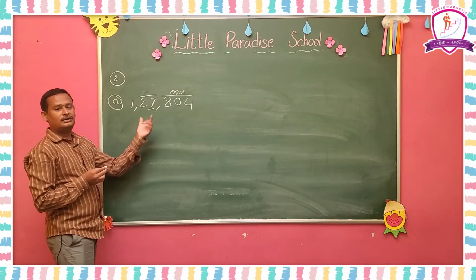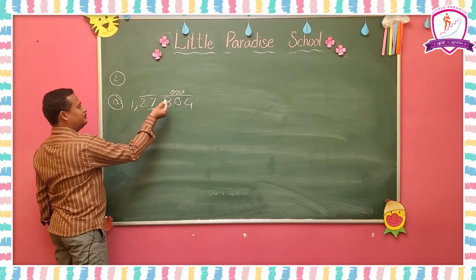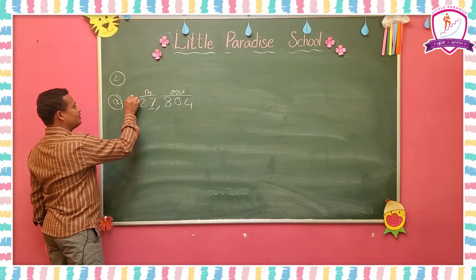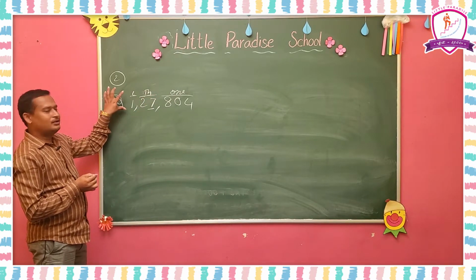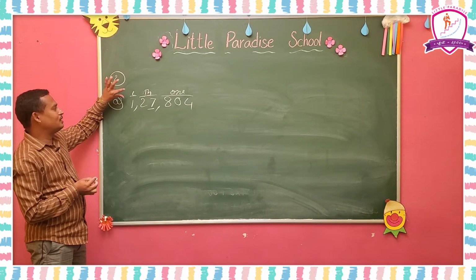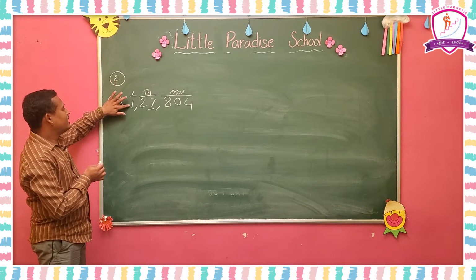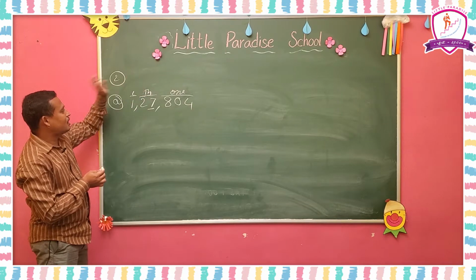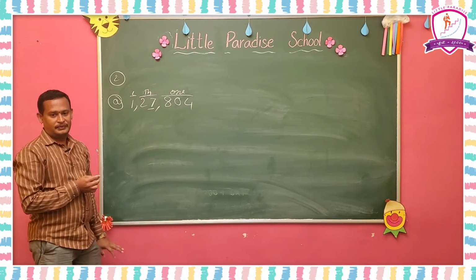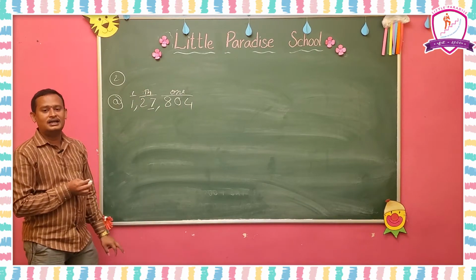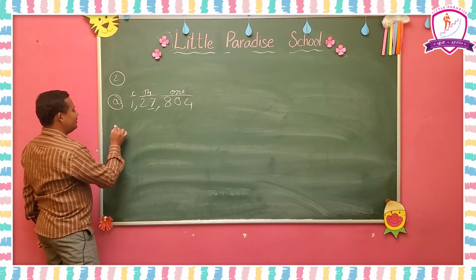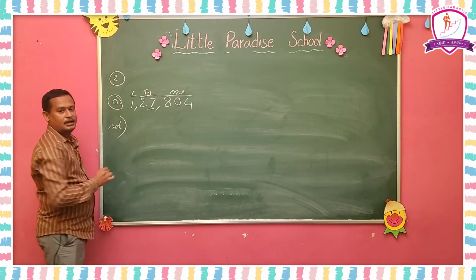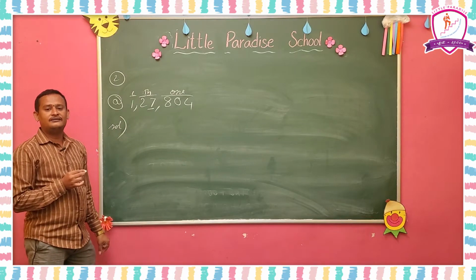When you are going to read any number, you have to mention the periods. Ones period, thousands period, lakhs period. Okay, when you are reading, you have to write the periods only. No need to write all places. Okay, 1,27,804. In that, which digit have underlined here? 7 have underlined. So we have to write the place value and the face value.